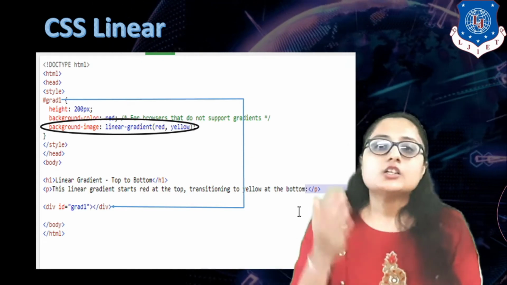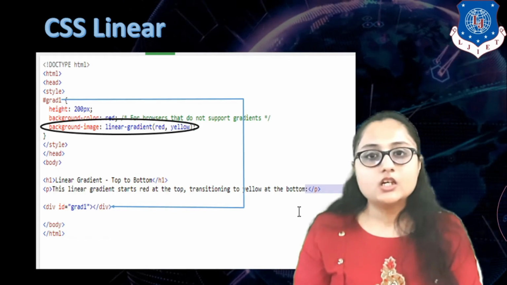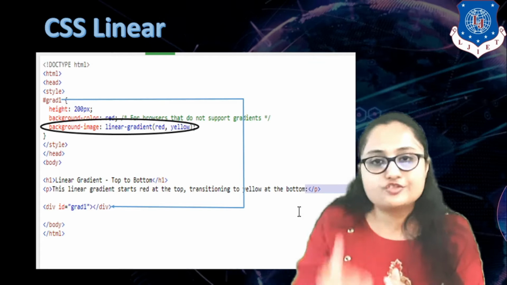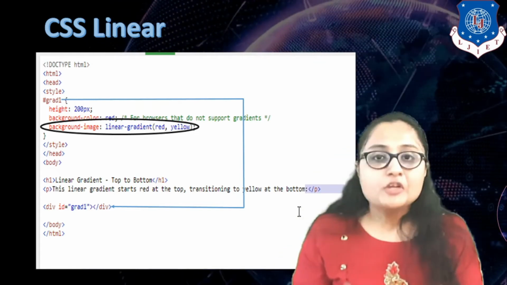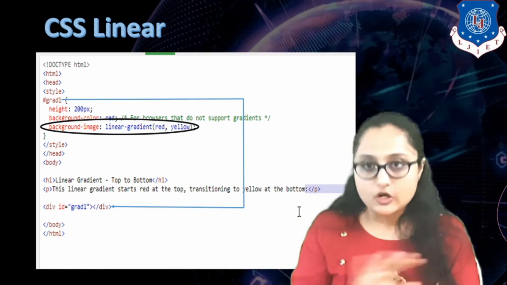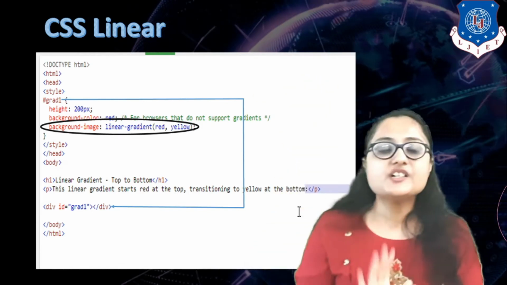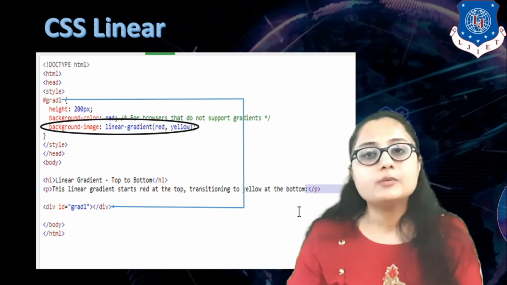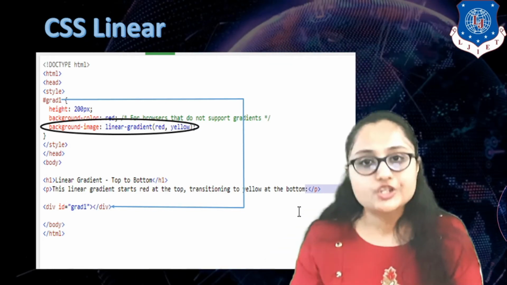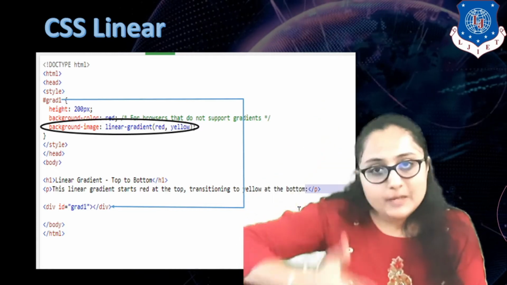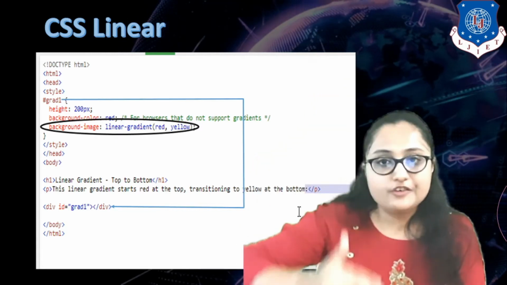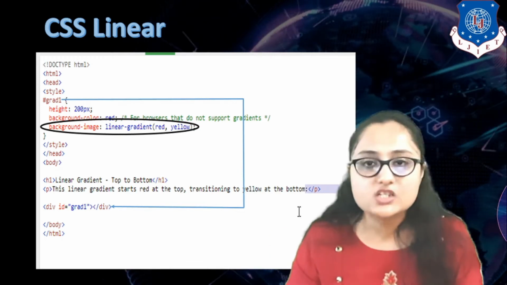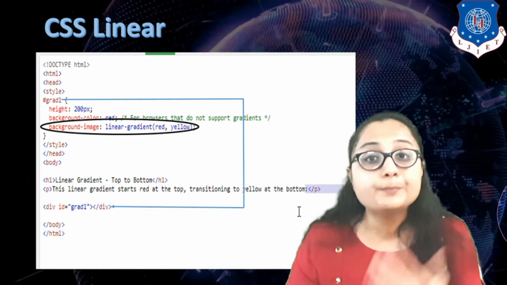The first stop will be the color that you want to see in the topmost portion, because by default it is top to down. So whatever color you specify without the direction will be displayed on the topmost portion of that division. The second color will be displayed in the downmost portion of the division. You will be able to see the transition from red to yellow, and that is a very smooth transition that this linear gradient property provides by default.